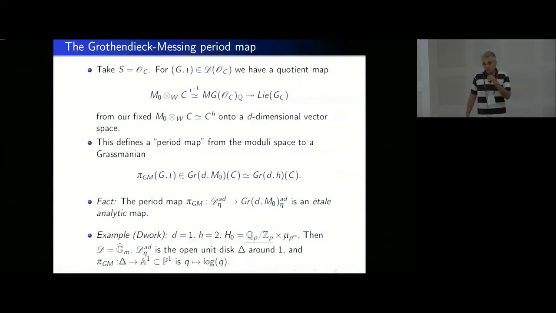Now I want to stress three very interesting things about this example. First of all, you already see from this example that the map is transcendental, analytic but transcendental. Secondly, you see that the image is not a full Grassmannian, it's only A1. Okay, the image over C of the whole unit disk is the whole A1. And the last thing, if you only restrict to the W points, to deformations over the Witt vectors of F_p bar,